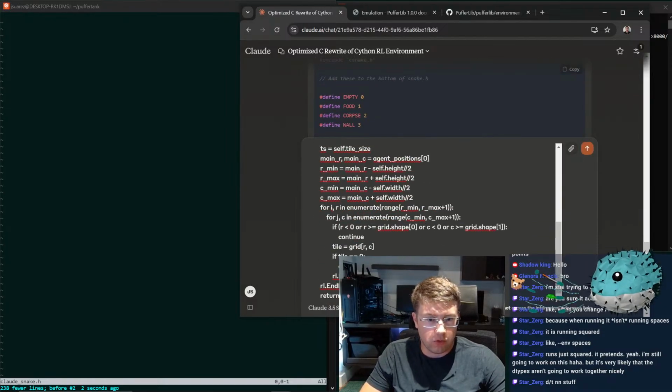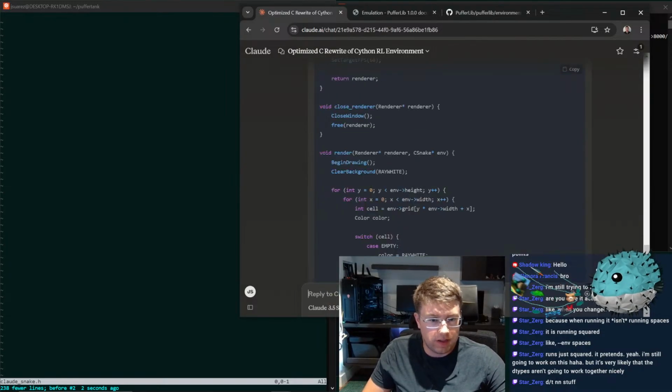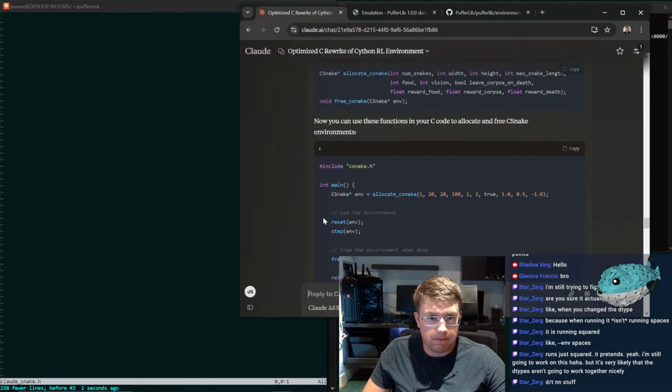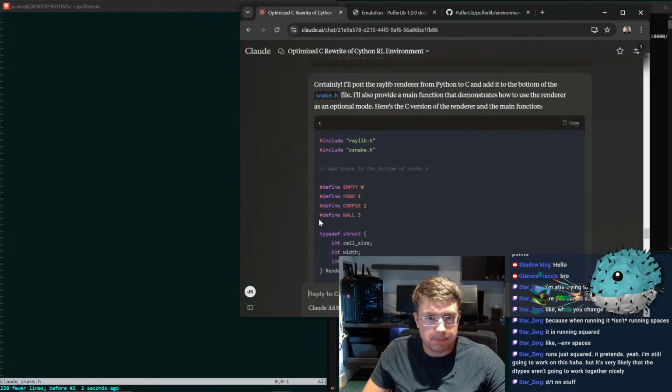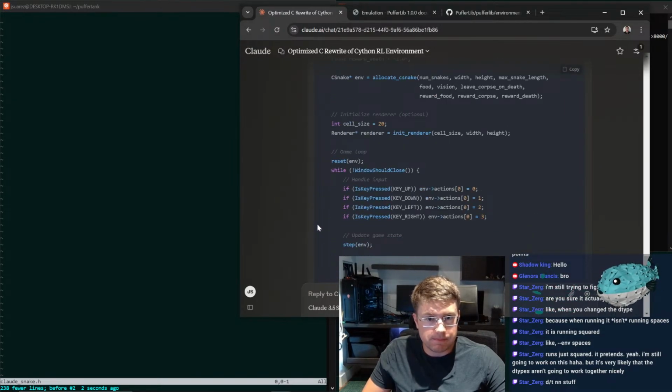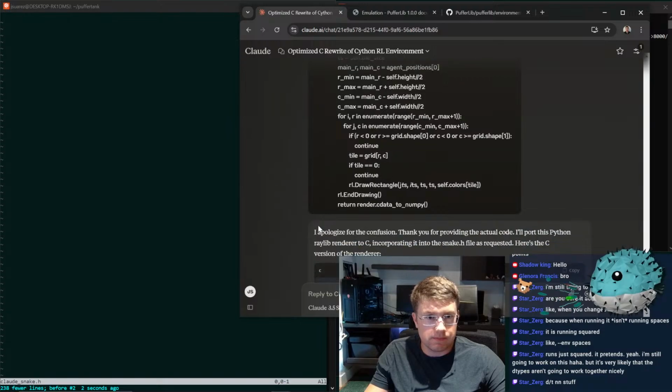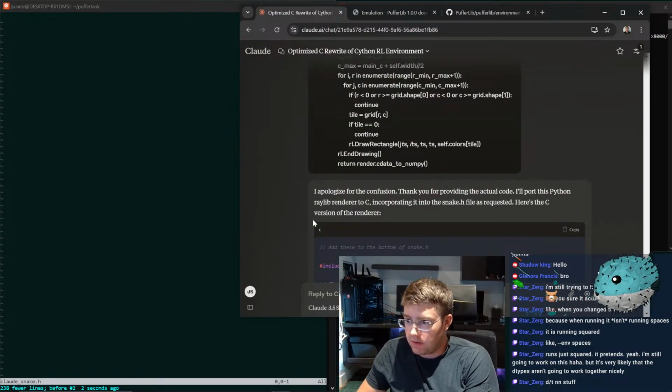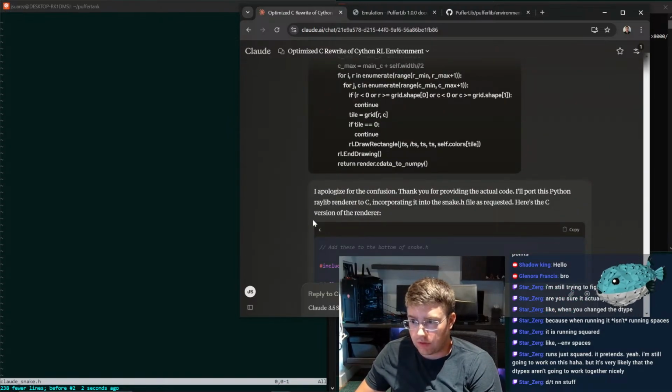Literally, it will just start porting code before I give it any code. So that's a strike against it. Still going to work on this. Very likely dtypes aren't going to work together. Well, they are going to work together because it's a main thing in Puffer, and I can guarantee you I did have that working before, so something broke.